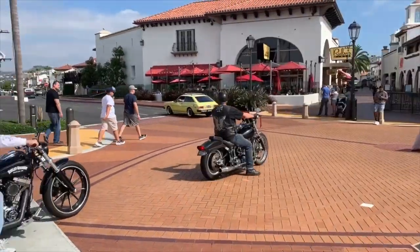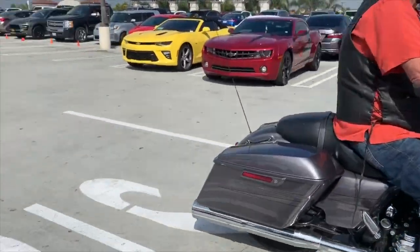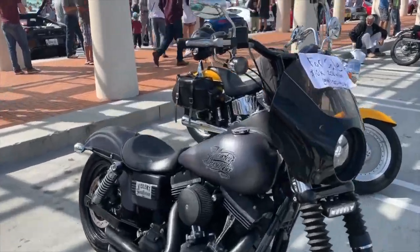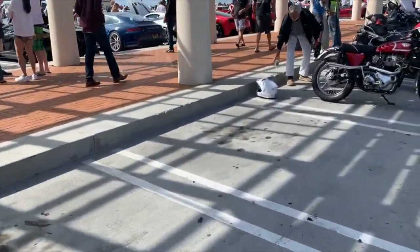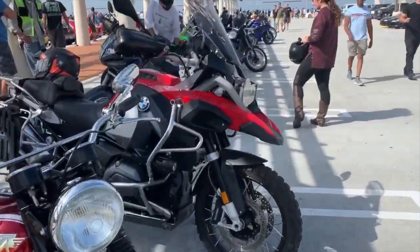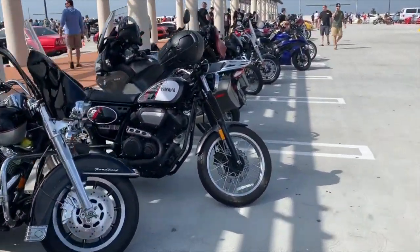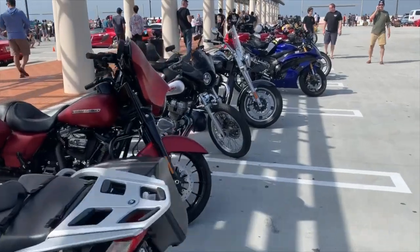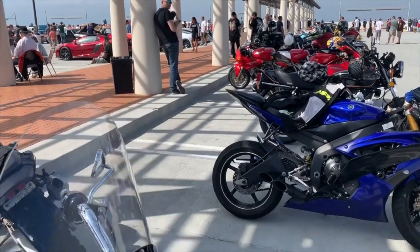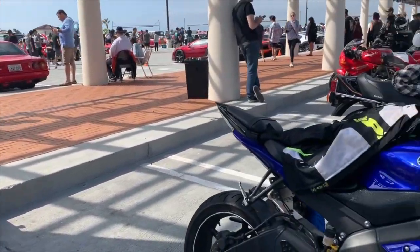Motorcycles, got some Harleys leaving us here. Really nice Ducati, BMW, Harley, another Harley. This is kind of interesting. Very nice. BMW, Honda, Ninja, Vespa, another Harley, Yamaha, BMW, Harley, Honda Rebel, Triumph, not sure what that is over there, Ducati actually by the look, yep, and then Yamaha,